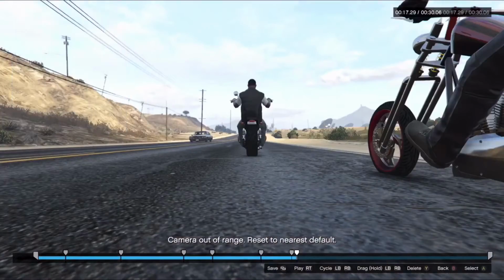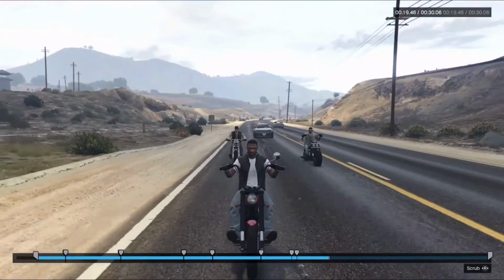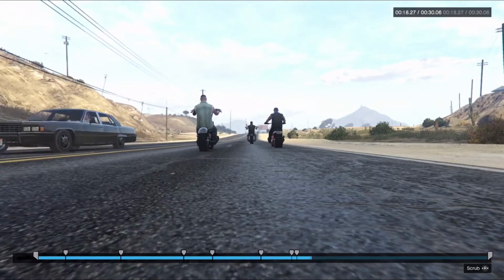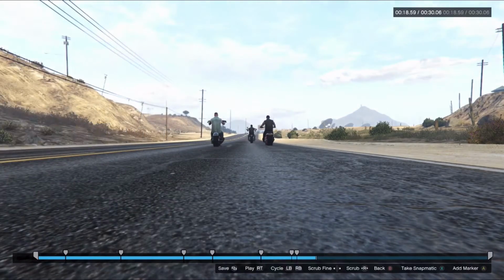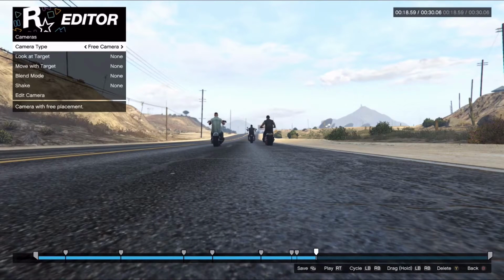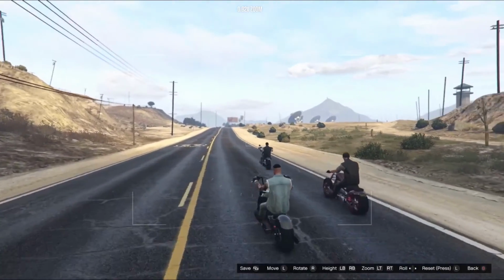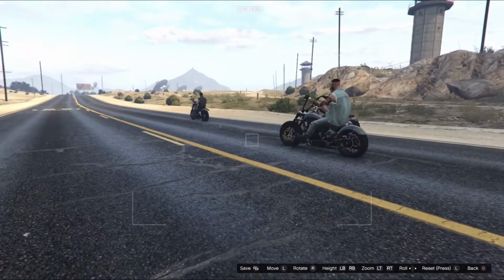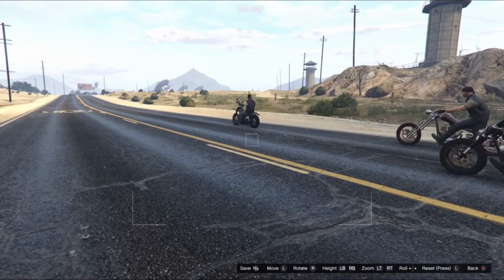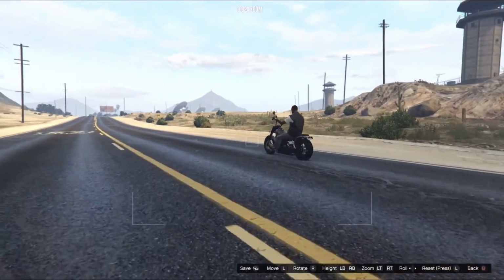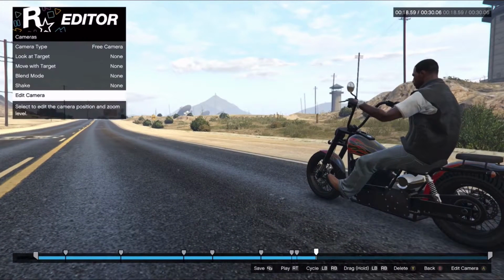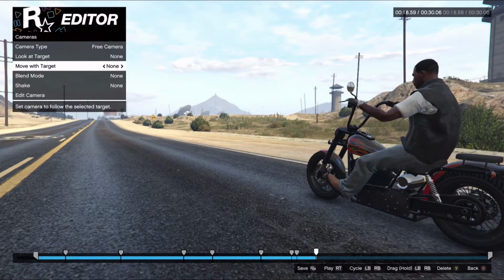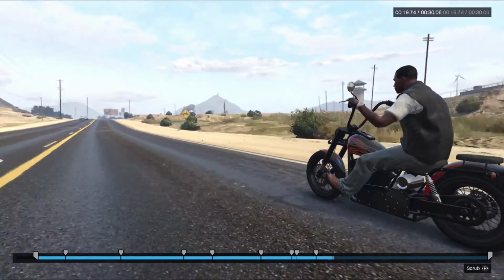All right, and again, the camera adjusted itself because of that red circle, which I'm gonna move the camera anyways because I don't want this car to be in my clip. So once we get right about where that car shows up, boom, I'm gonna adjust the camera one more time. And we'll do like a fadeaway to end the video. So I'm gonna have the camera follow me. So we're gonna come here, we're gonna move with player, and as the bikes are riding,